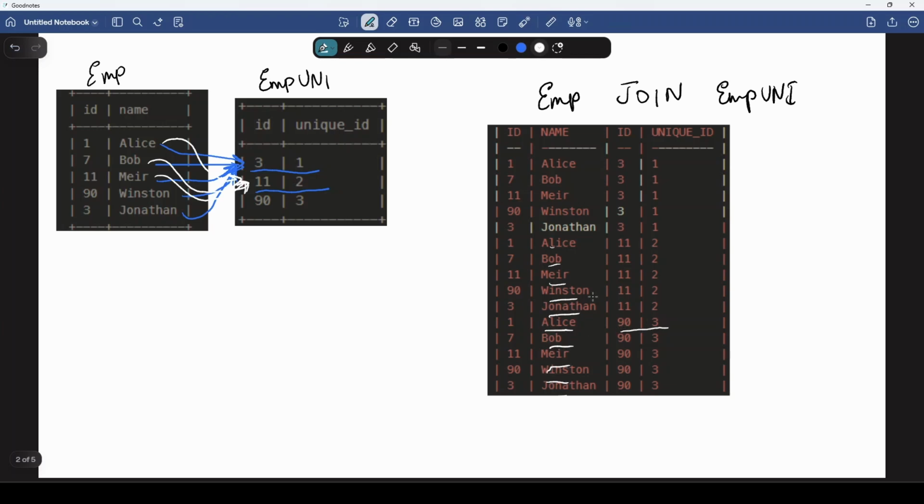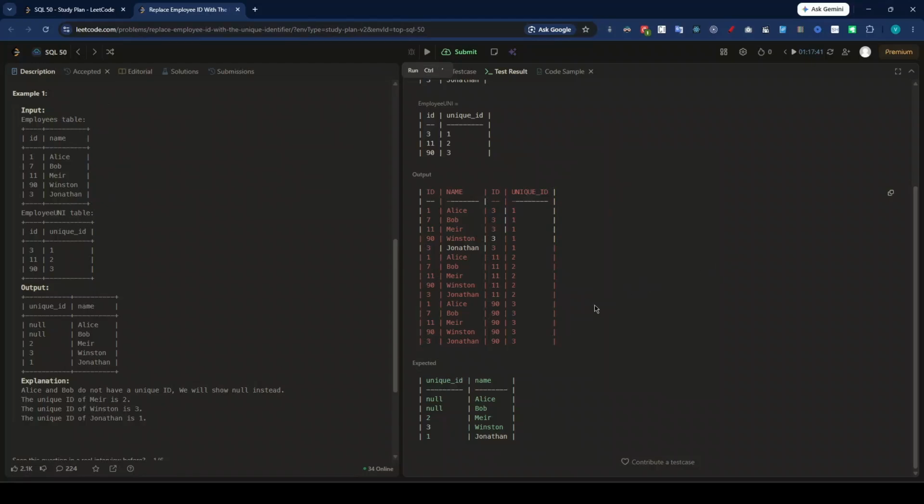So you can see that this is what happens in the first phase. Once this cross join has been done, now if we see our original query,